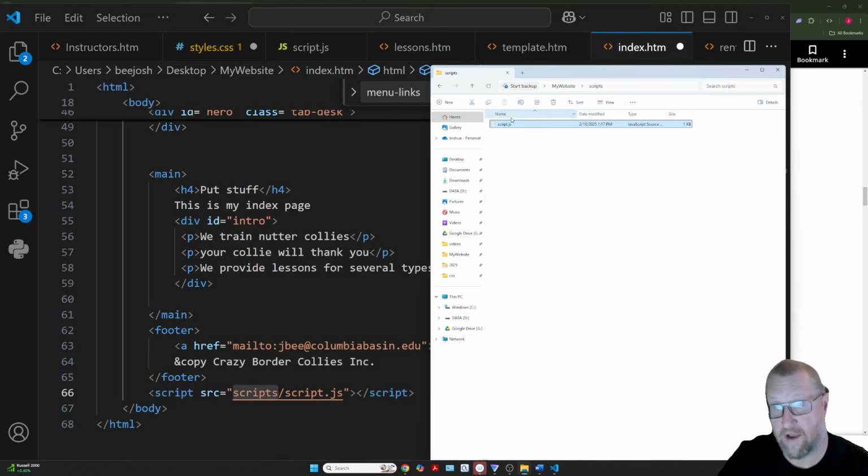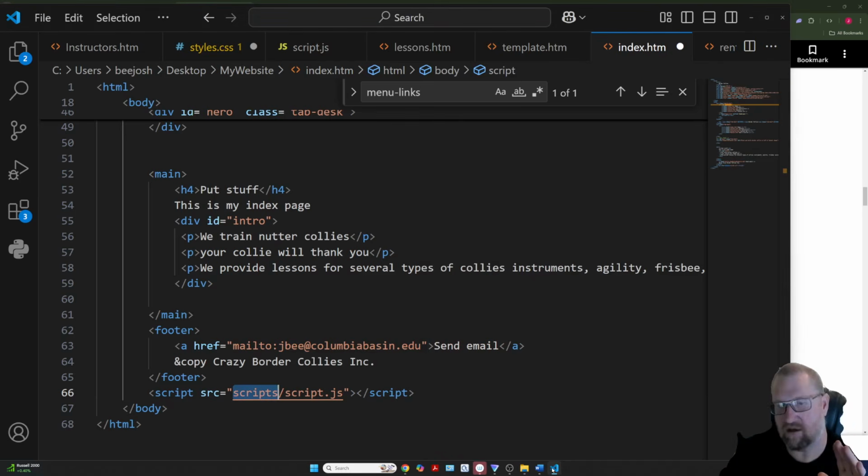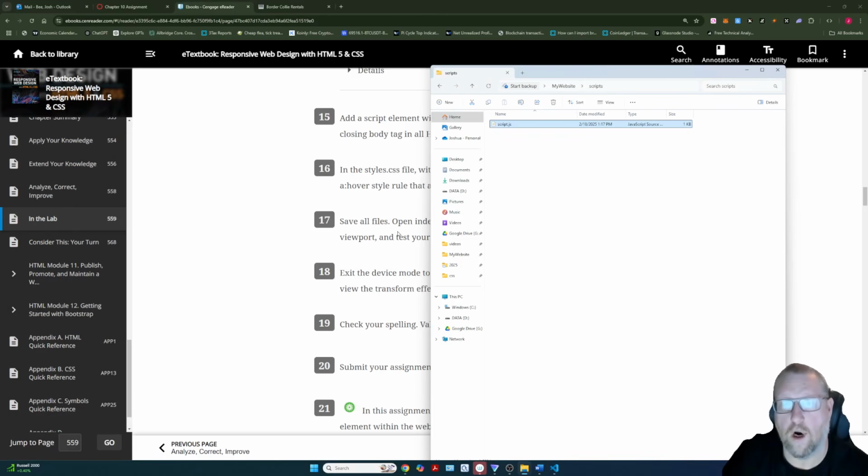Not load up, actually do the instructions in script.js. Complete what's there. And in this case, we're only defining a function. We're not actually giving it any commands yet to actually do something. It's just defining a function that modifies your CSS of your menu, your hamburger menu, to either show or not show. So what we're going to do here then is we're going to go back to our instructions, make sure